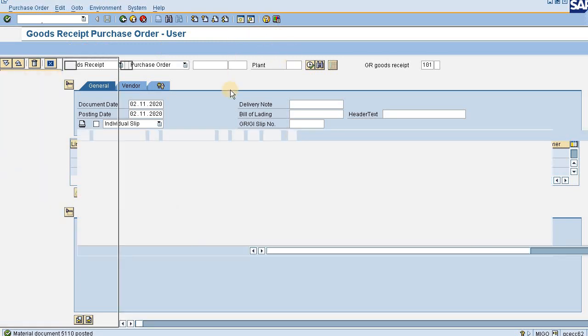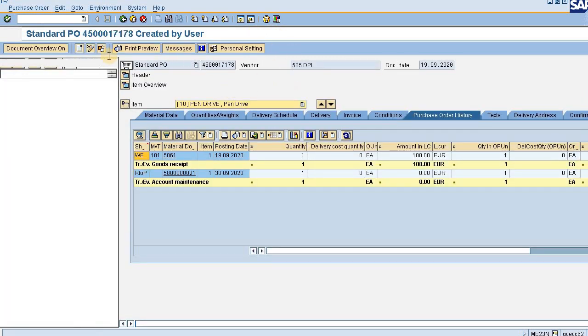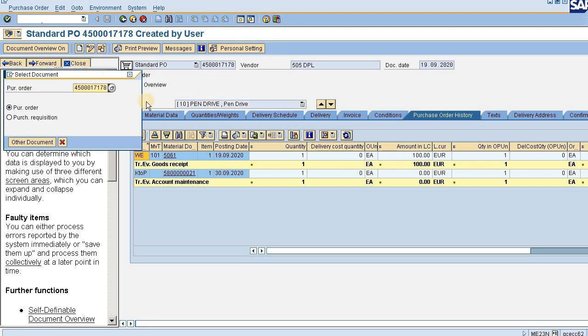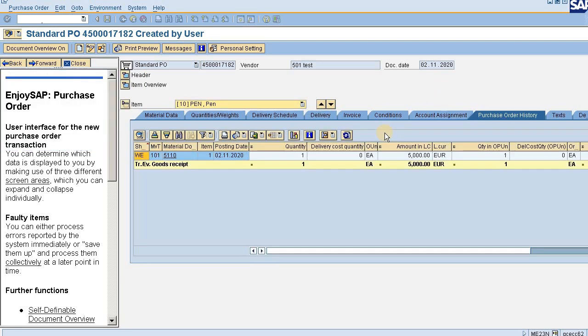So yes, the purchase order is coming up. Now I'll click on this button and provide my purchase order number, that is this 82. Now proceeding ahead. Yes, the purchase order history is being displayed here perfectly. Now the material document has come up. I am clicking on it. This is the GR document that got posted. Going inside,